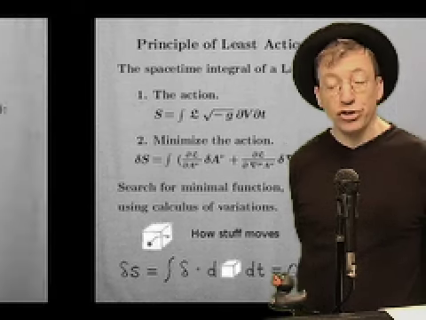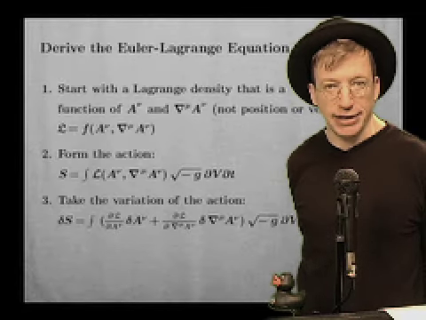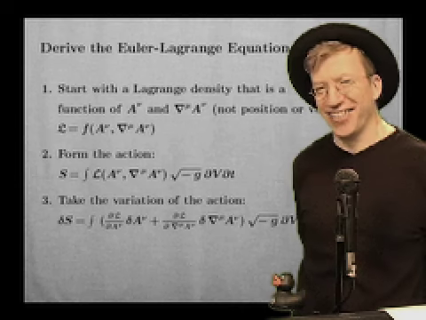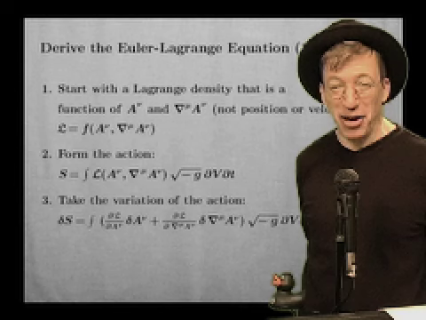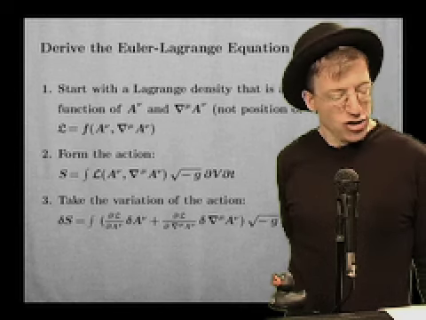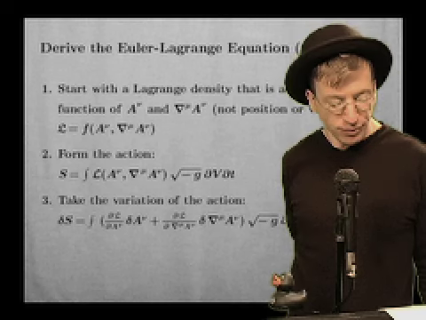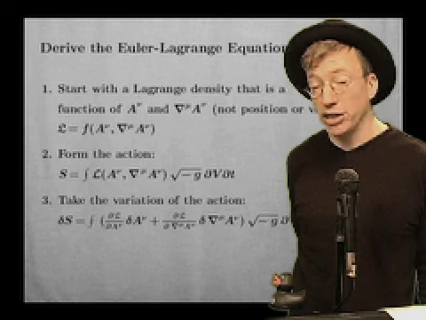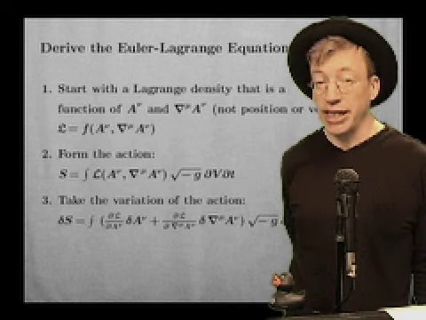So now we're going to derive the Euler-Lagrange equations explicitly. Everything's going to be written out. I don't know if you can find a book where it's written out as much as it's going to be done in this very show. So we start with the Lagrange density. And it should be a function of both the potential and a change in the potential.